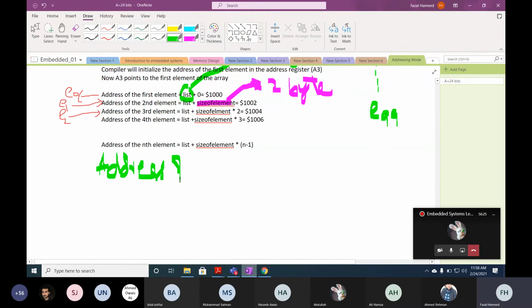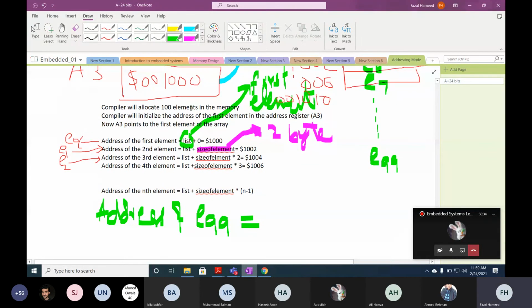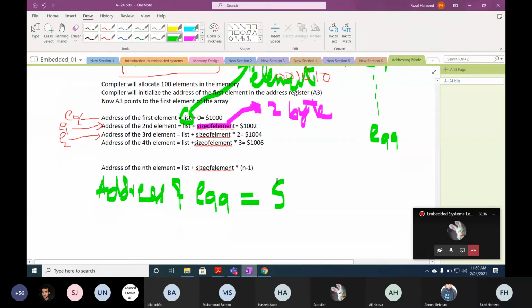It is list, the first element, plus size of element multiplied by 99, because it is the address of E99.